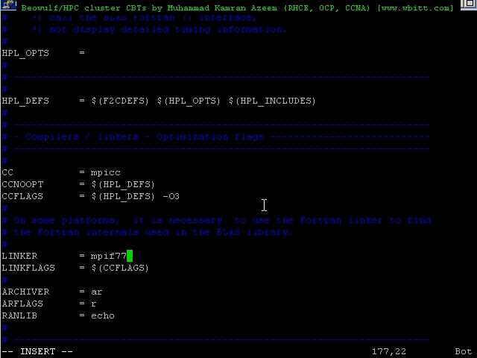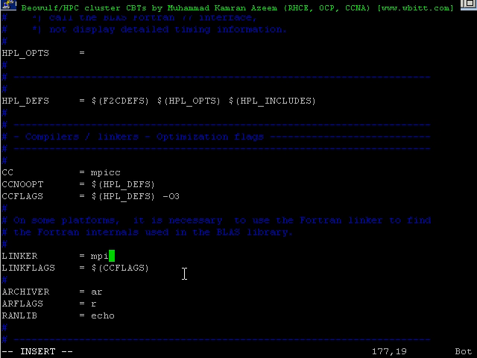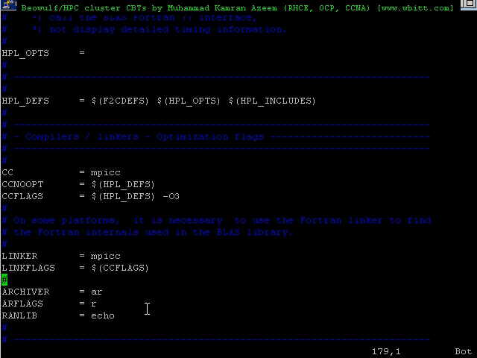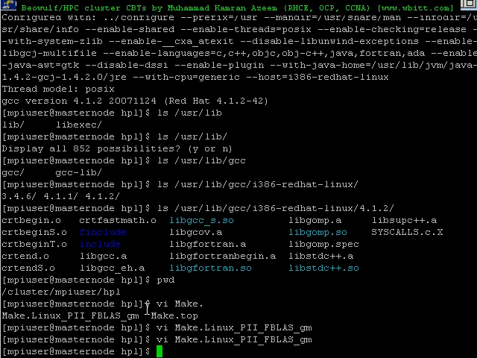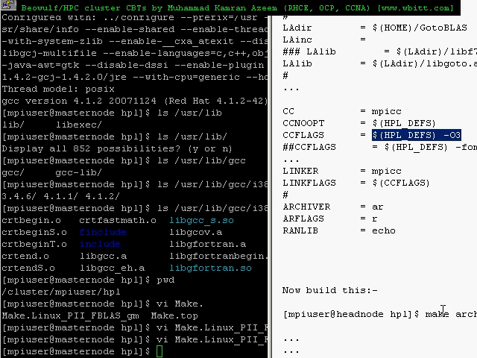I think linker is MPICC, yes, MPICC, and CC flags, archiver is okay. That's all. So let's save this file and. Next step would be to build this